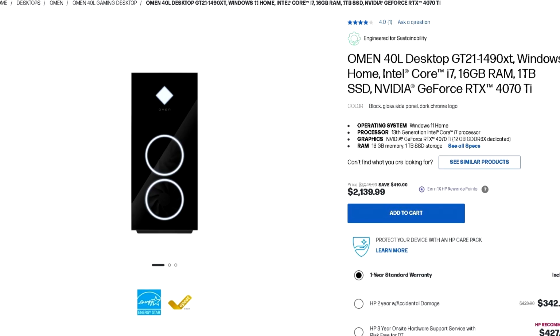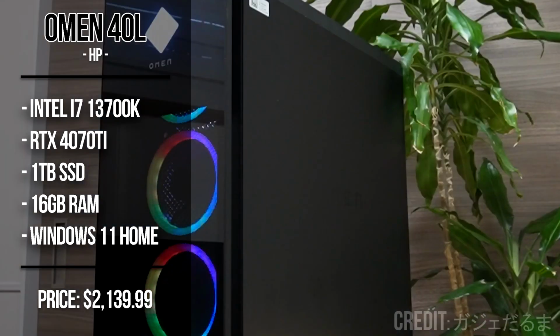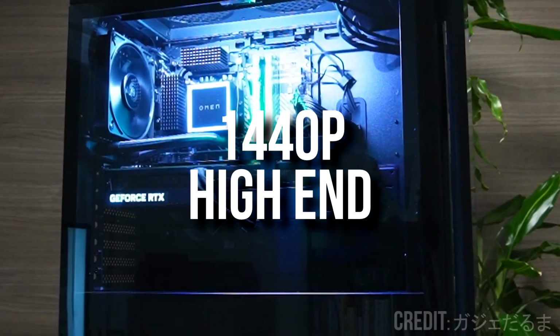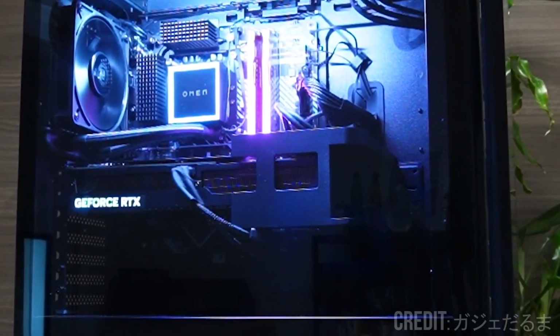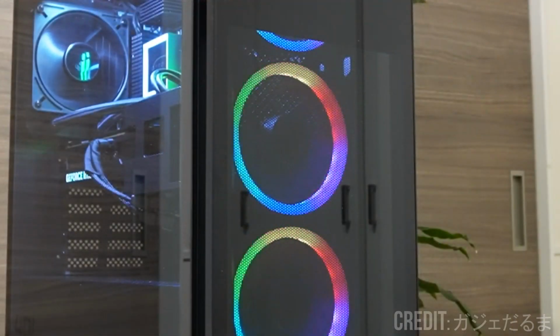With the cheapest one on the list, we have the Omen 40L with the i7-13700K and the RTX 4070 Ti. You also get 16 gigs of RAM and 1TB of SSD for the price of $2,140. Like I said before, these PCs are really expensive, but this system is a 1440p high-end PC. I have the RTX 4070 Ti myself with the i5-13600K, so I'm getting worse performance than you would be getting with this system, and trust me, 1440p ultra settings